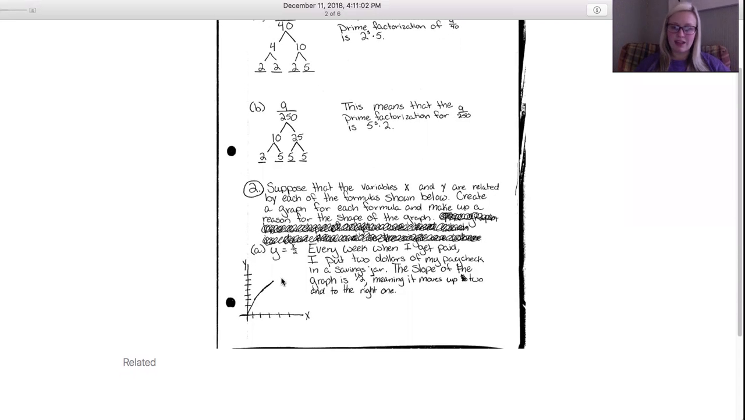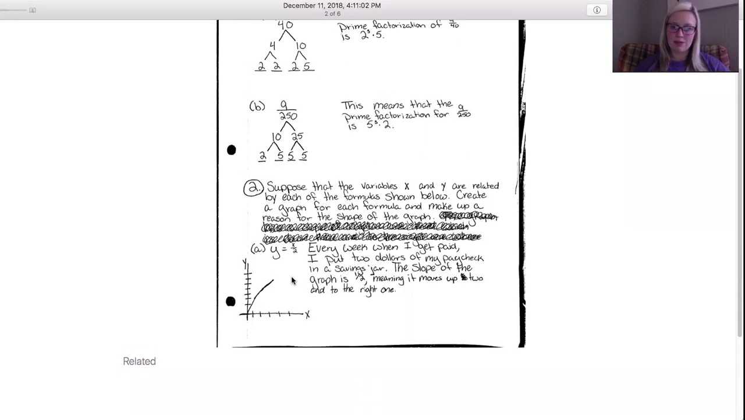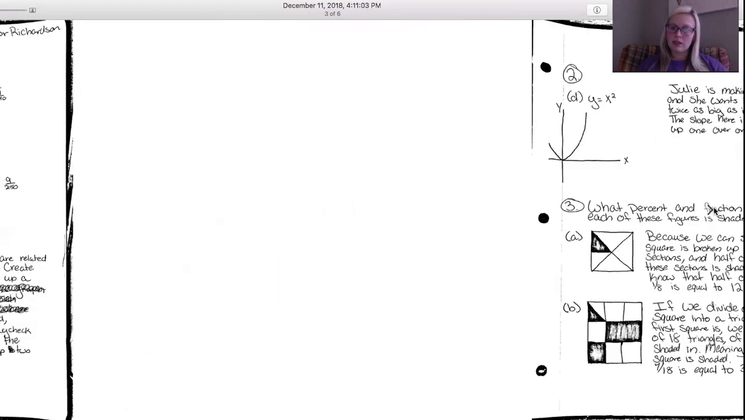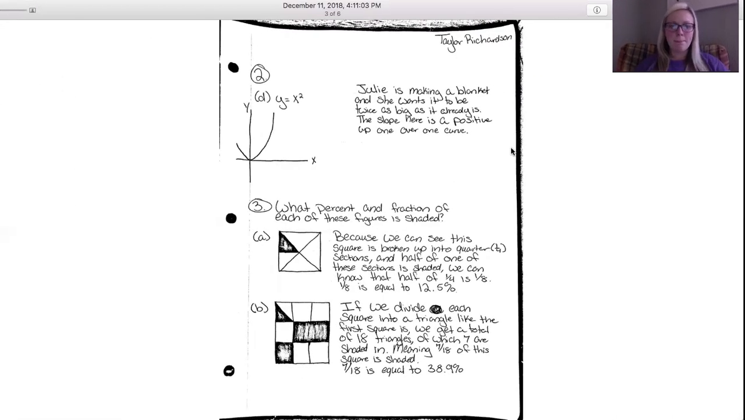it says every week when I get paid, I put $2 of my paycheck in a savings jar. And the slope of this graph is 1/2, meaning that it moves up 2 and to the right 1 as the line moves. And then part B,